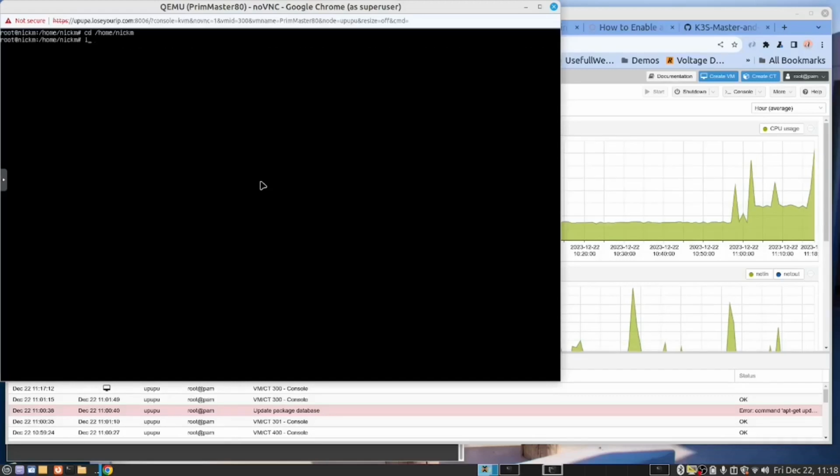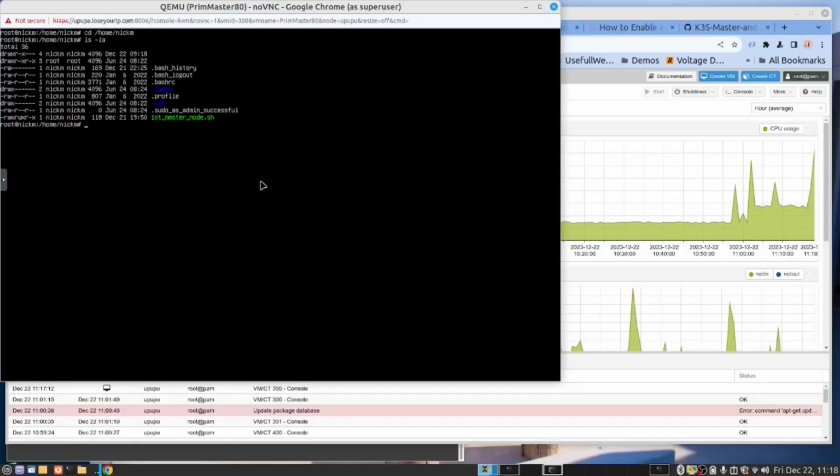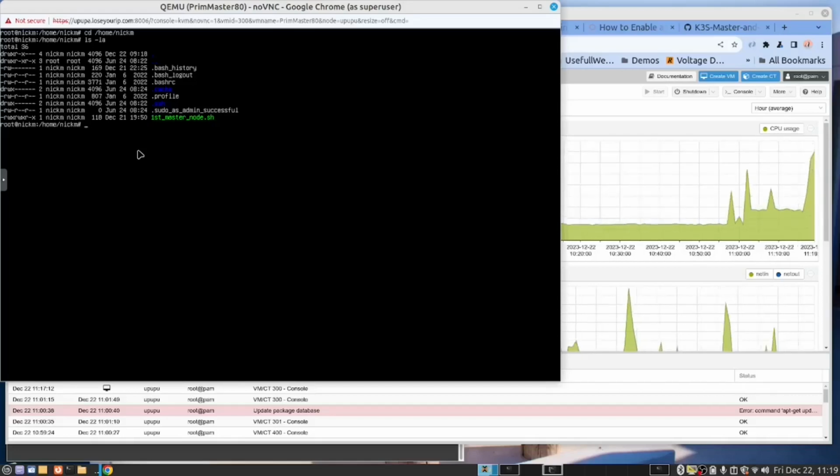And then there we will see what was created. ls -la. And there's the shell script, first master node. Now that I'm a user in root, you'll notice that this file was created executable. This was all done by the Ansible script. It generated the file, it made the file executable, and then it SCP copied it to this server in this folder. So all I have to do is run this script,